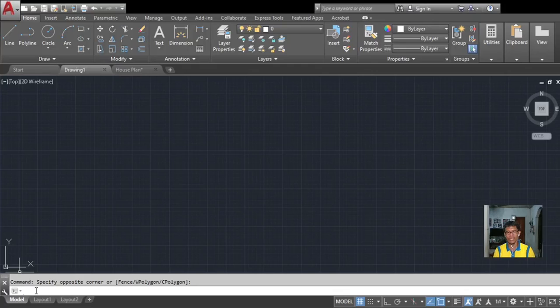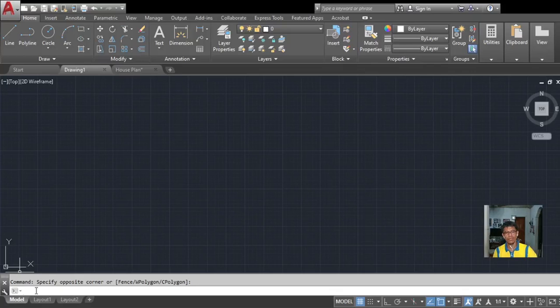It has also a text area where all the previous commands are being displayed. So it's where you can see what happened to your drawing. So we can track down all the commands that you used while you are making your drawing.